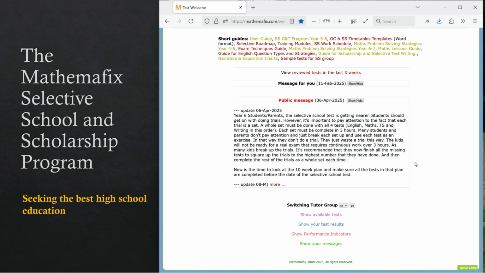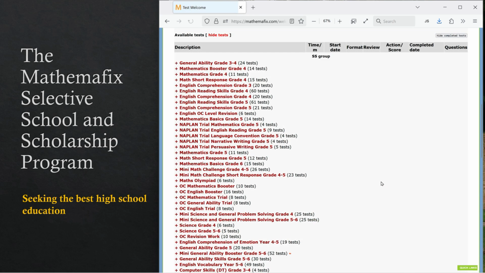Now, this is at the end of year 4 year level, where the students are supposed to be doing the hard year 4 and year 5 work that I prepared for them, so they can sit the OC test. The revision of that is really important before they move on to year 6 and year 7 type of material. And that is the reason the selective group